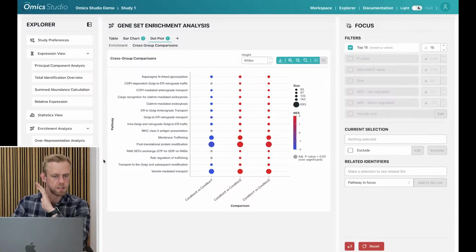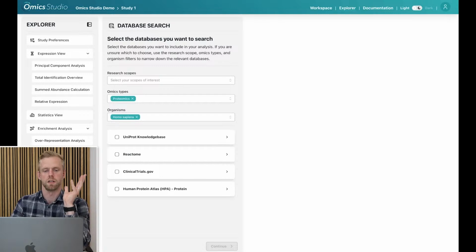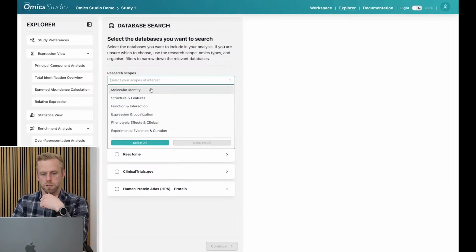And next up, we're gonna actually use some of the lists that we have created, and we're gonna use them in database search. Because here you're gonna get the opportunity to extract data from a lot of different databases to actually get more insights into the proteins that you have selected, or metabolites, or transcripts for that sake. So you can set a scope, what you want to be able to actually see